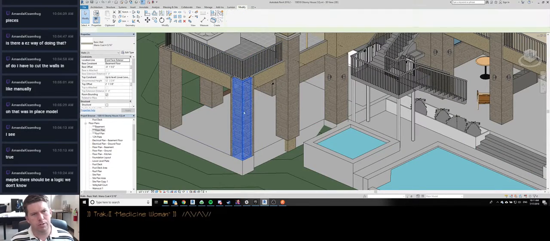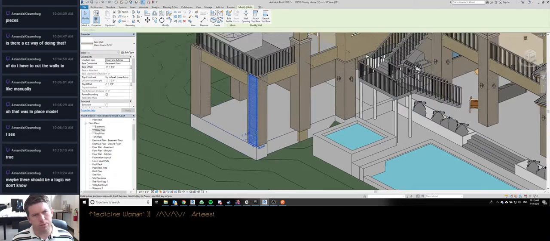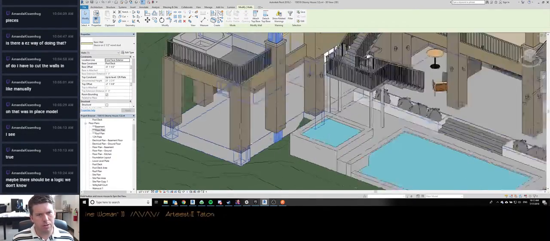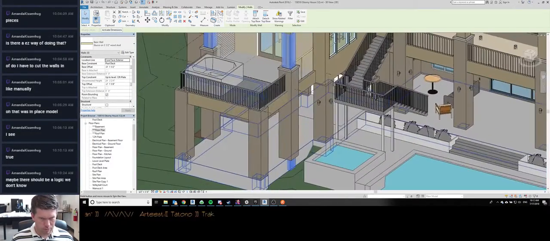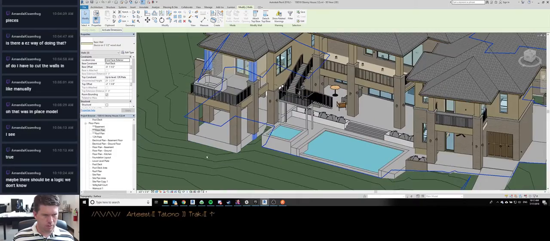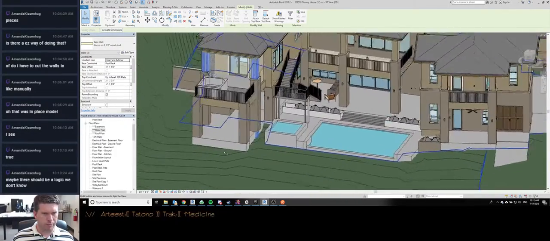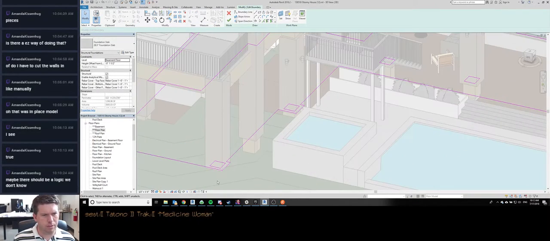So my business partner wanted to use just steel columns to hold this up, but I feel like it works a lot better with the design when it comes out like that. I also think